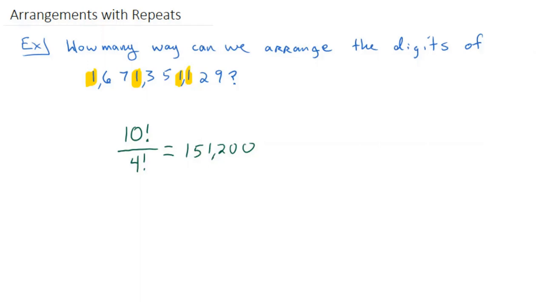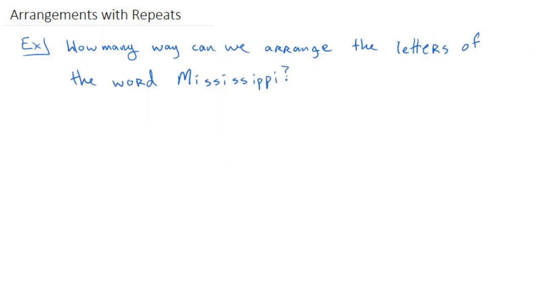Let's look at a slightly more complicated example. How many ways can we arrange the letters of the word Mississippi? The reason why this one's a slightly more complicated example is we have repeated i's, we have 4 of those, we have repeated s's, we have 4 of those, and we have repeated p's, we have 2 of those. Only the m is unique. So first of all, we need to figure out how many total letters we have. There are 11 total letters, so there's going to be 11 factorial total ways of arranging these